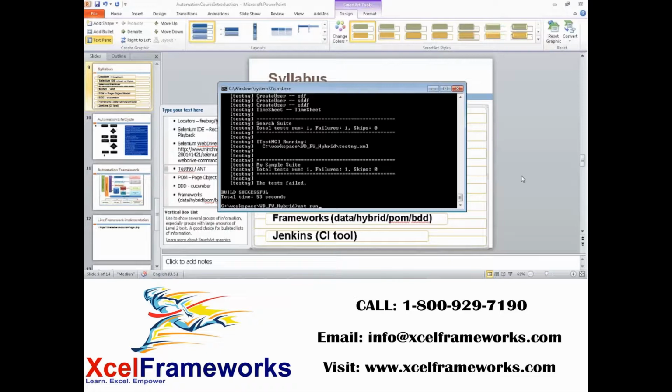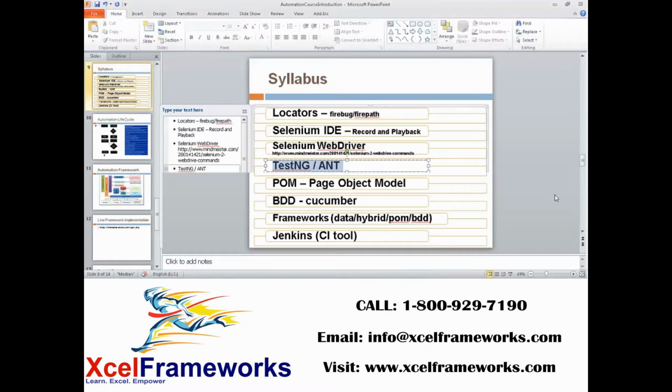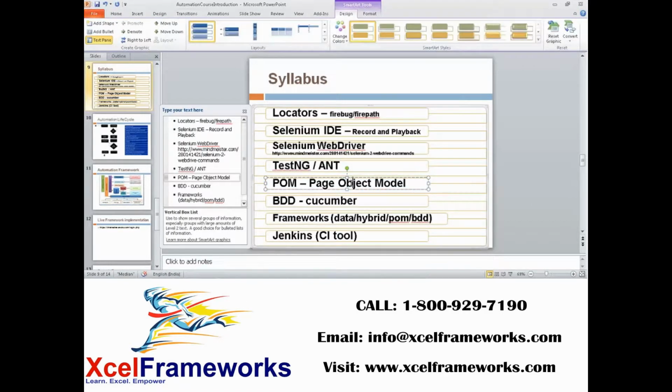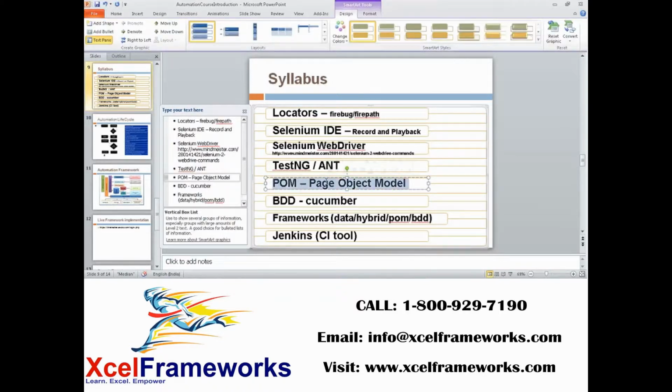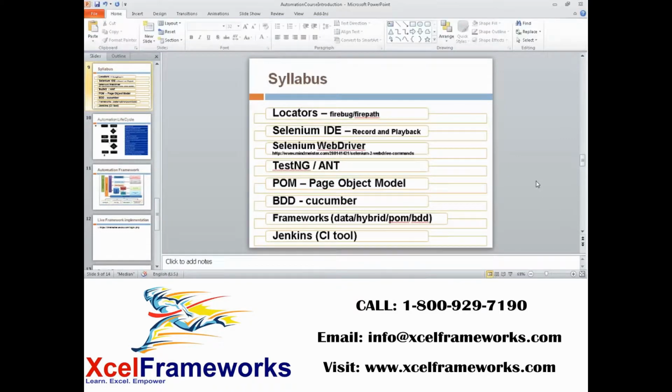Okay. So we'll learn what it is, how to configure it and how to install it, everything from scratch. So not to worry too much about that. And this is the page object model. We recently added this. This is a very popular concept. When you go for a Selenium interview, they will definitely ask about any kind of framework, and whether you have ever used a page object model. So we're going to talk more about that.